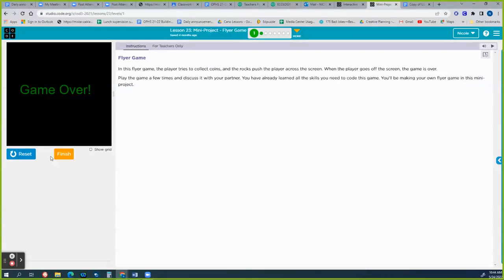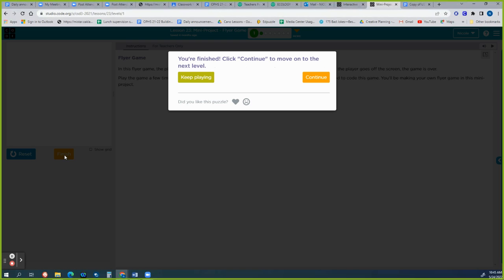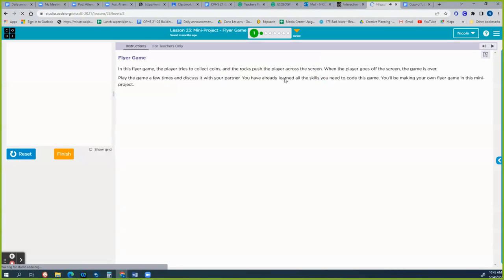So obviously we have user controls with the arrow keys, we have collision detection. We have the coin that is being randomly replaced after it gets touched. And then, of course, we have the displacement code being used so that those rocks can push the player off the screen. So those are some of the codes that I can tell are being used immediately. If you take a look at bubble 2, ladies and gentlemen,